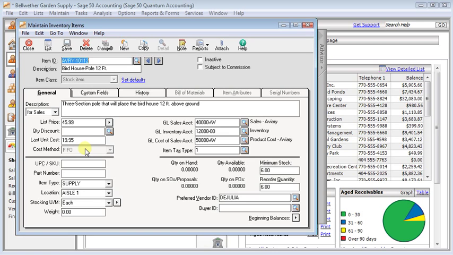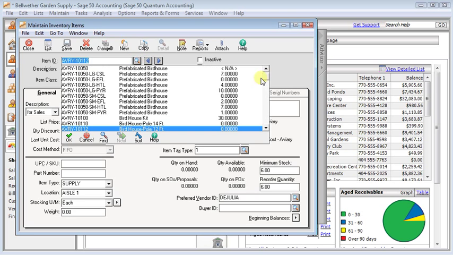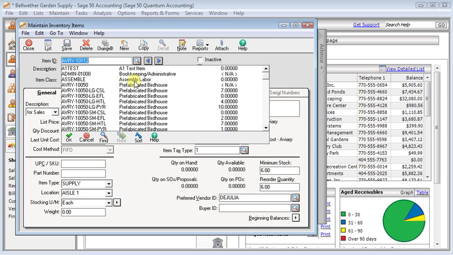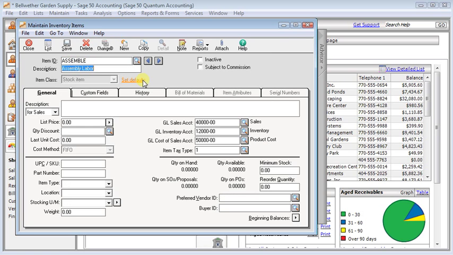Now there's one scenario where this doesn't work very well. And it seems like one of the most common reasons I get people who are wanting to copy an inventory item is when the item class was set up wrong. For example, here we've got assembly labor, and you can see by the zeros over here that means it's trying to calculate a quantity on hand, but labor isn't something that should be a stock item, so it should not have a quantity on hand. So in this case,